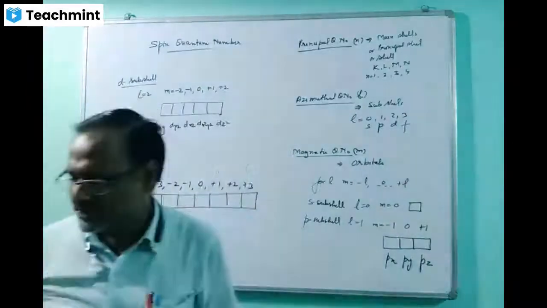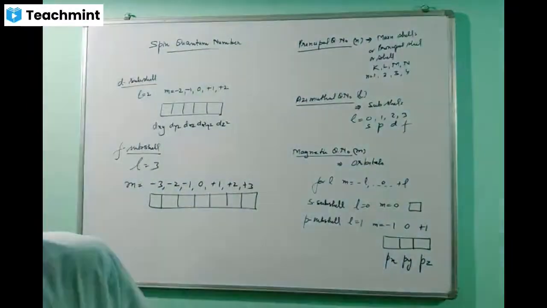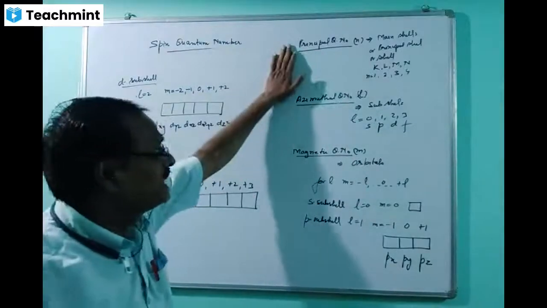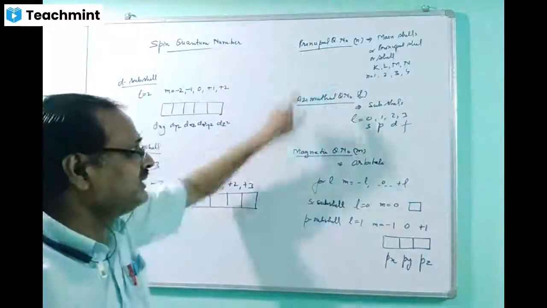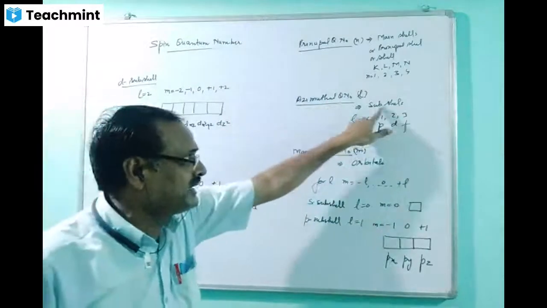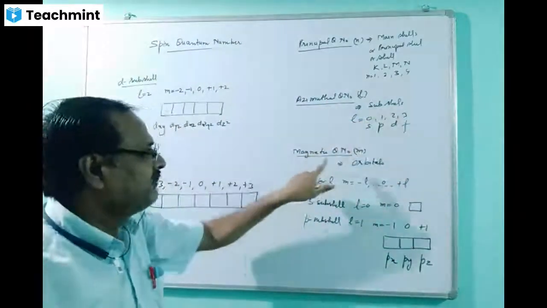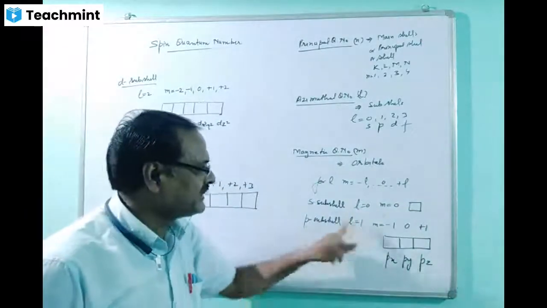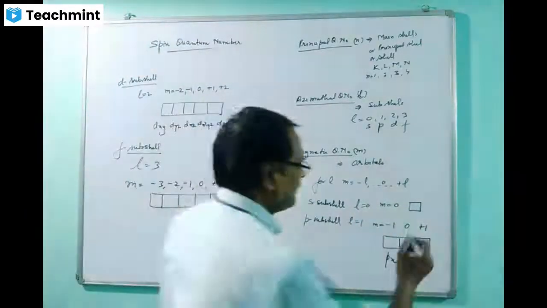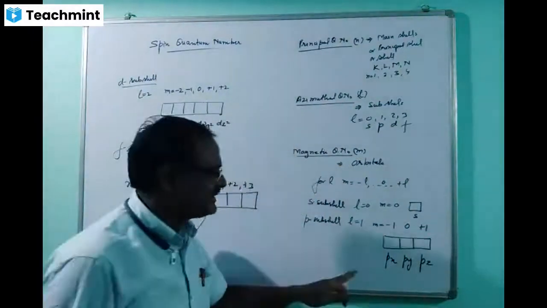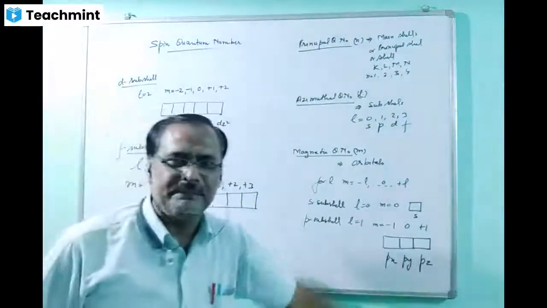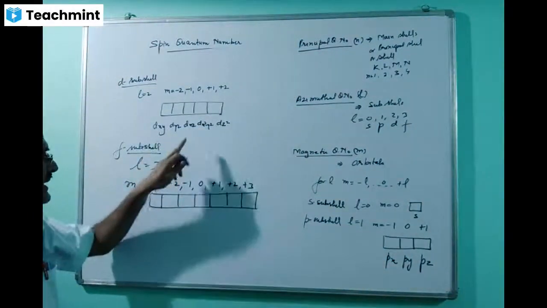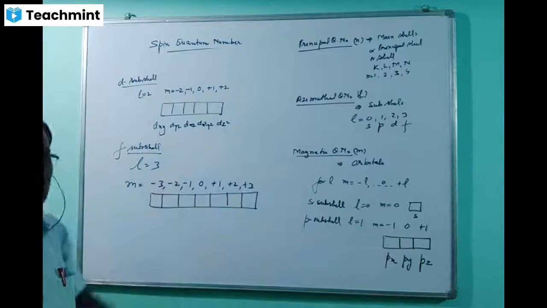And just you see, some questions are there that we are going to solve here. So keep in your mind that the principal quantum number gives the shell, the azimuthal quantum number gives the subshells, s, p, d, f, and the magnetic quantum number gives the orbitals. Orbital names I have given you. For the s subshell, the name will be s only. And for the p subshell, 3 orbitals are there: px, py, pz. And for the d subshell, 5 orbitals are there: dxy, dyz, dxz, dx square minus y square, dz square.